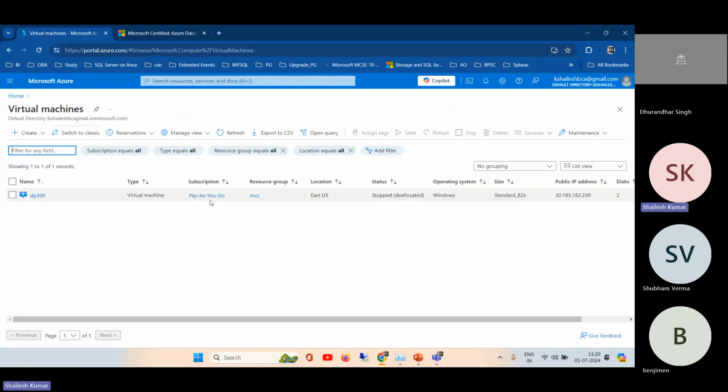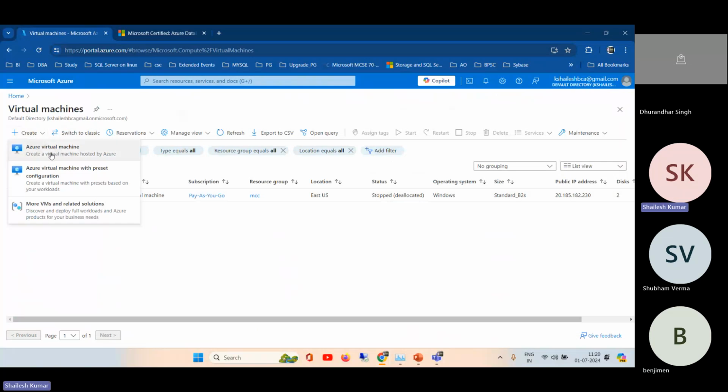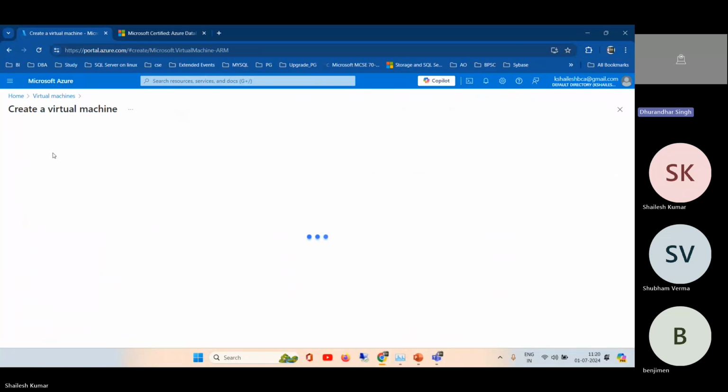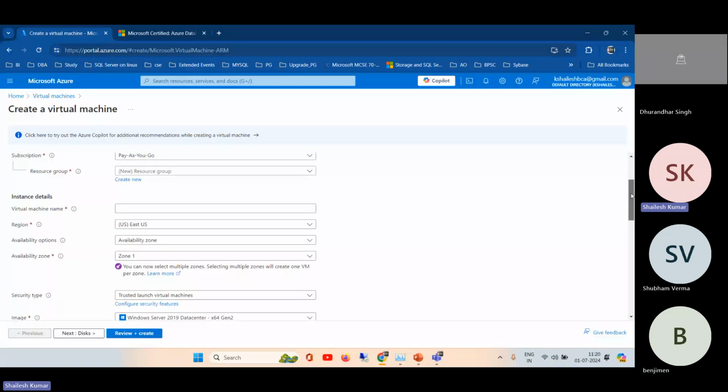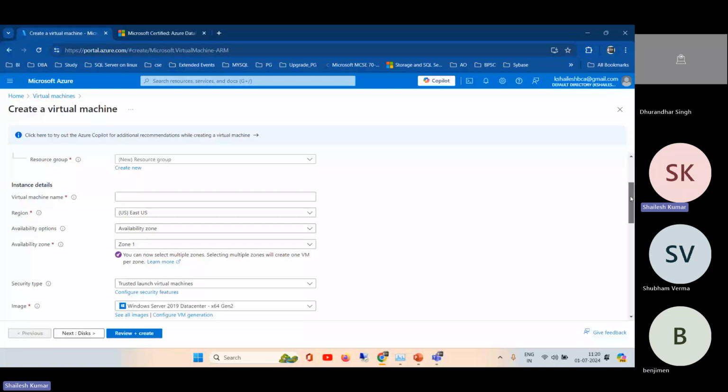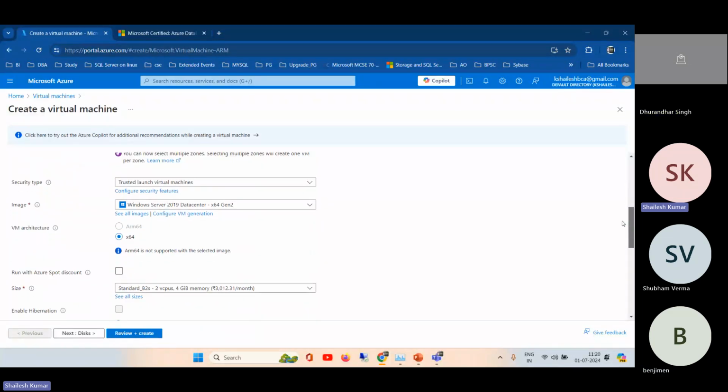So now, first we have created this for demo, but let's start from here. Go for the VM, that is Azure virtual machine, or we can go for the configure option, but it is totally costly, so we are not going there. Here we check high availability. So we have a subscription. First tab is basics, about the system and resource, where we provide VM name, location, zone, availability if you want, geo replication and all. Then the security type, trusted, and the Windows VM architecture.